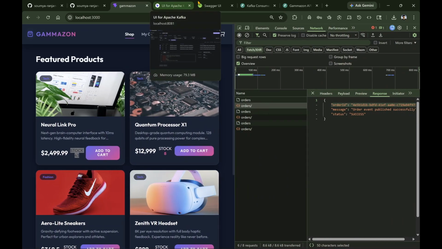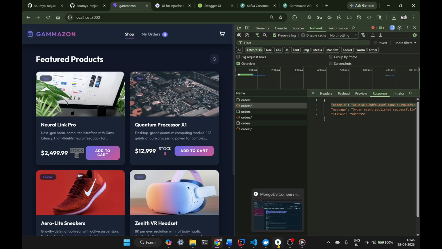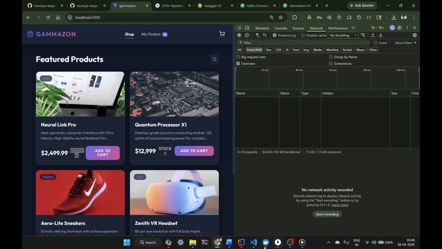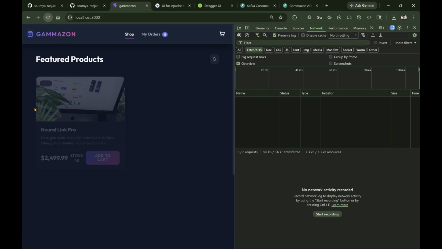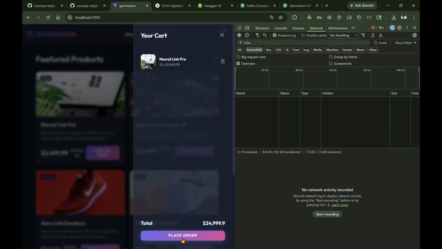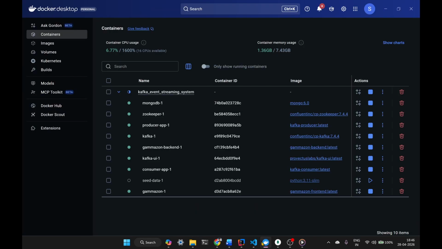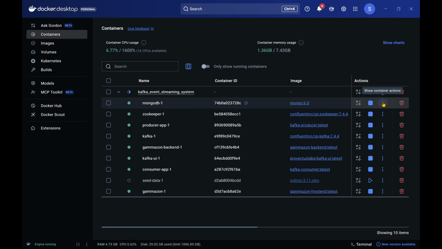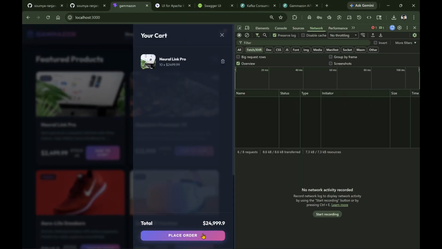Correct. What if the database server is down? Let's try to reproduce the scenario. I'll select some of the products. Again, I'm going to select 10 products. Then before placing the order, I will stop the database container. Why we are doing this is we are trying to make the database service unavailable to our system, right? So when I place the order,